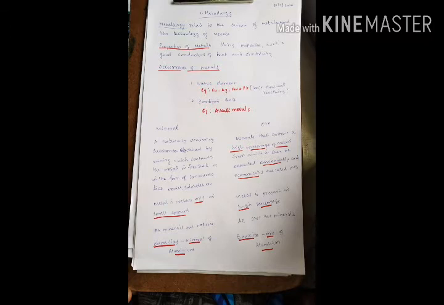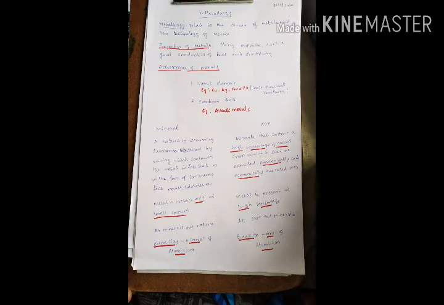Then, occurrence of metals. In the earth, in general, metals occur as a native element or in the combined state. Copper, silver, gold and platinum occur as native elements because they have least chemical reactivity. In the combined state, alkali metals occur as combined state because they have high chemical reactivity.